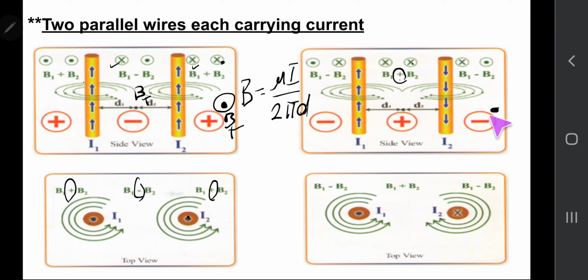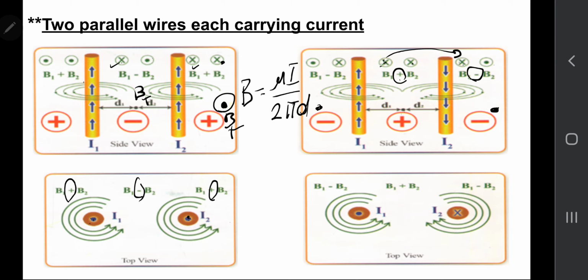بس لو عندي البوينت out هنا أو out هنا، يبقى البوينتس وهي out أنا باخد الدايركشن بتاع الكرنت عند الواير هنا وباخد الدايركشن بتاع الكرنت عند الواير هنا. فهلاقي إن هنا عندي out وهنا in. Out وin يعني ده opposite direction للمagnetic field. فيبقى أعمل ماينس. يبقى في الميدل هنعمل بلس وout هنعمل ماينس. بعمل بلس وماينس depend on the direction. بعمل بلس لو الدايركشن of magnetic field same وبعمل ماينس لو الدايركشن of magnetic flux density in